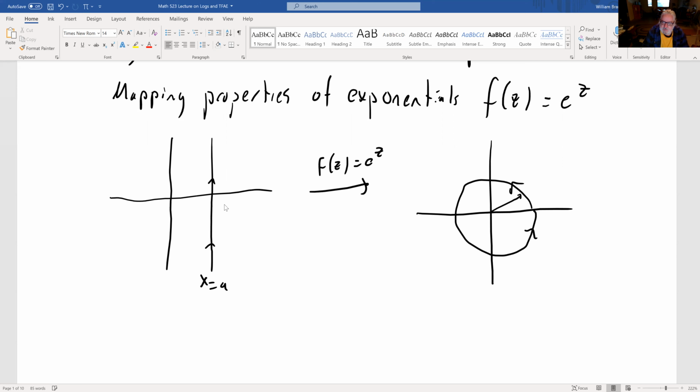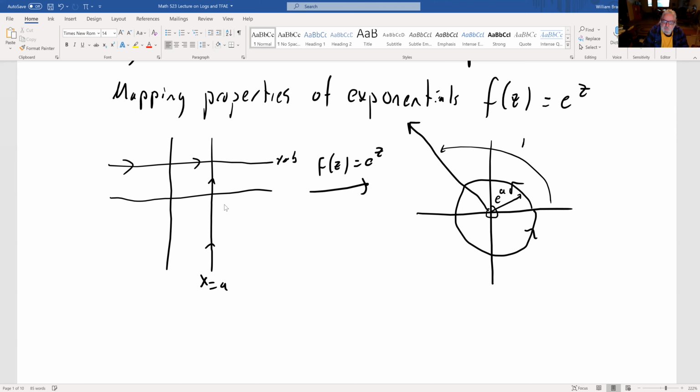And the radius of the circle is e to the a. If you take a horizontal line, y equals b, e to the z will map that to a ray without the origin, and the angle of